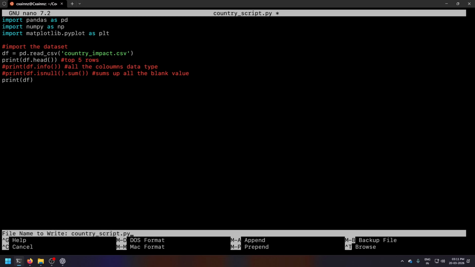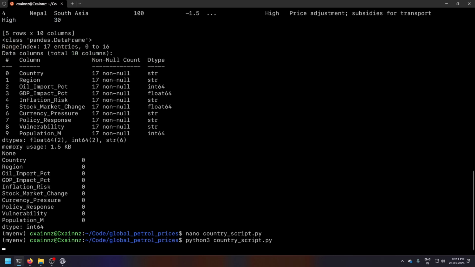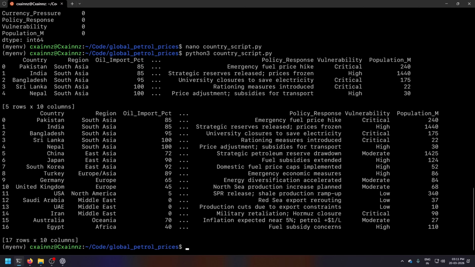Can it do this thing? Yes. So there are only 16 rows to be precise, and a total of 10 columns. There are some policy responses.